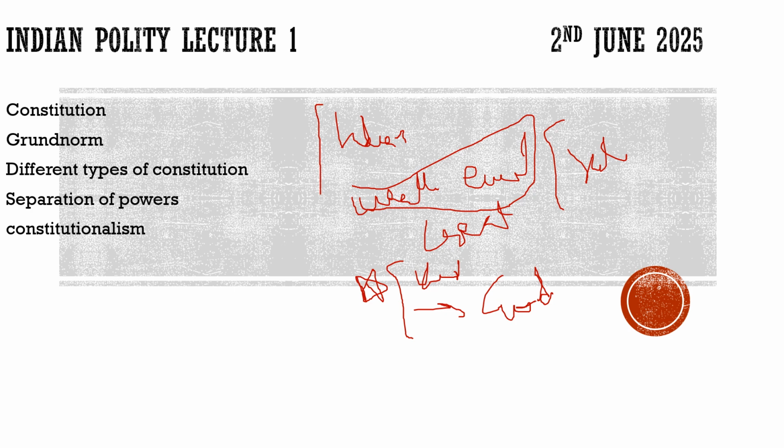What is the constitution? It is the ground norm. It is the basic law of the land. So when did this basic law of the land come into existence? Was it only when the United States, the oldest democracy we can say, framed the constitution? Was there a constitution before that? Was there any written constitution before that? So the real question is, what is the age of the constitution?